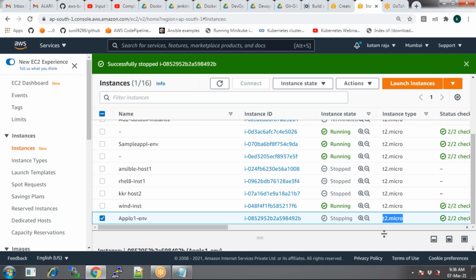If you stop this, the instance is created automatically. Stop this, another instance. Okay, if you stop even that instance, there will be another instance created. That is the concept of high availability, the auto scale concept. Even if you stop the other instance, it is going to create another instance.